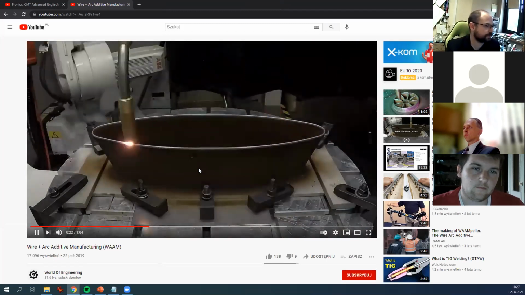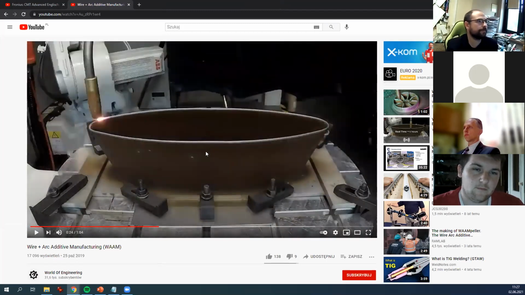The voltage is not very high because they must use more complicated machines than we normally use for welding. When the wire connects with the surface, it must go back, and the voltage of the welding must be lower.